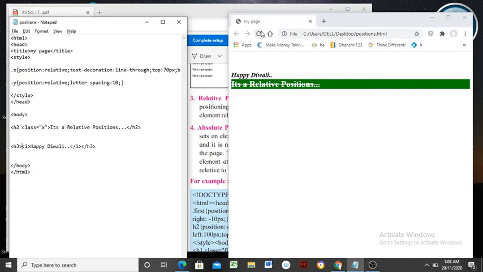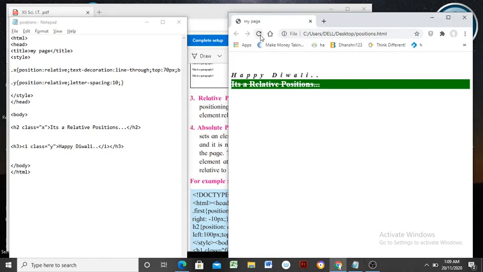Suppose I am going to apply it here on this heading level number 3. Possibly it is applicable. You can also apply it for this i, that is the italic tag, no doubt. See here, class equal to, the value of such is nothing but y. Save this here, refresh here.